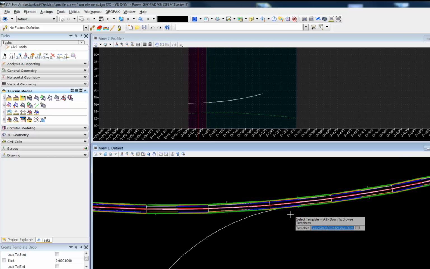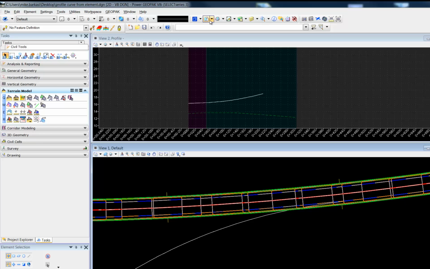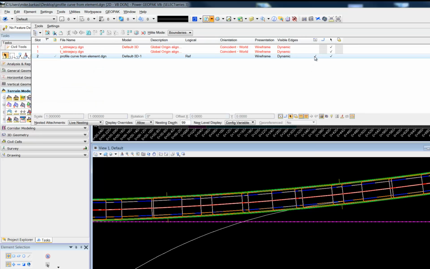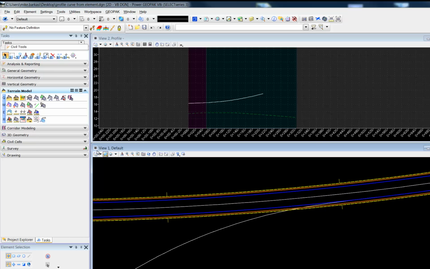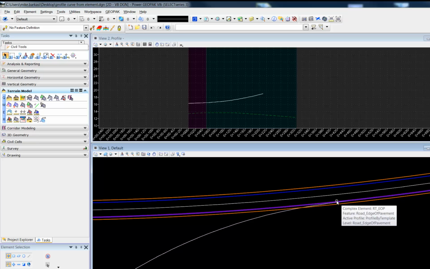So what maybe isn't as obvious is the way we can work with these elements very easily in the file. What I want to do is simply change my design stage on my corridor, and next, turn off the reference of the corridor, and also the constructions, since we don't need to see those manipulators. What we see is the edge of pavement and the shoulder. So it would probably be relevant to have the shoulder projected onto your adjacent alignment,